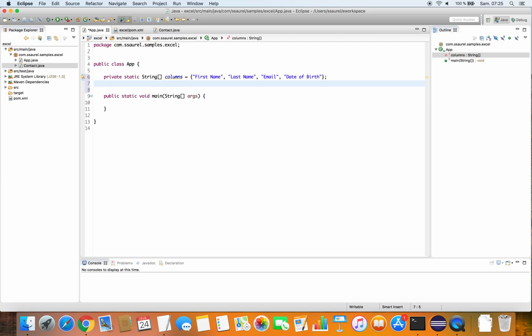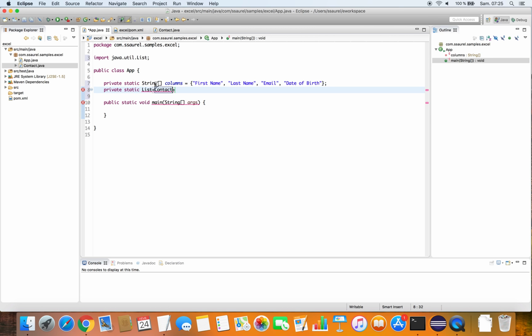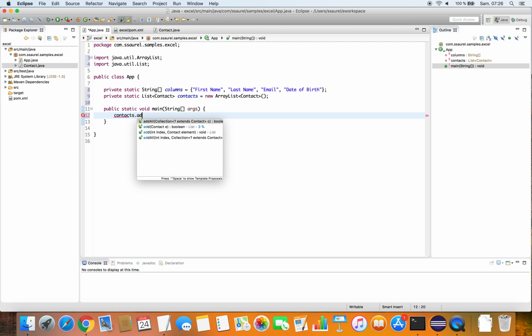Then we create a property for the contact list. In the main method, we start by populating the list of contacts by creating some random contacts.